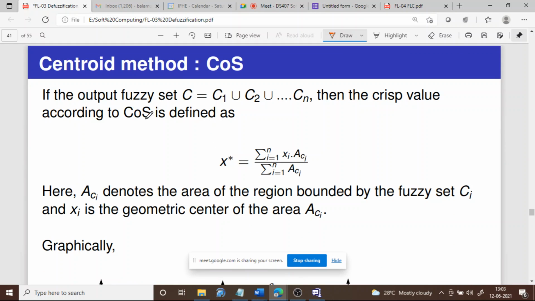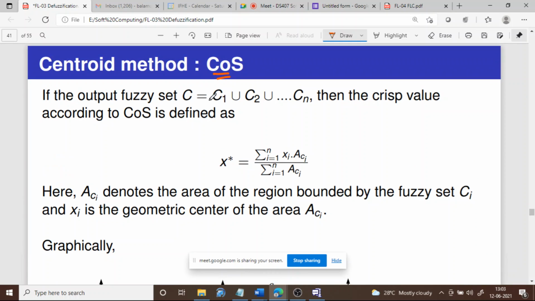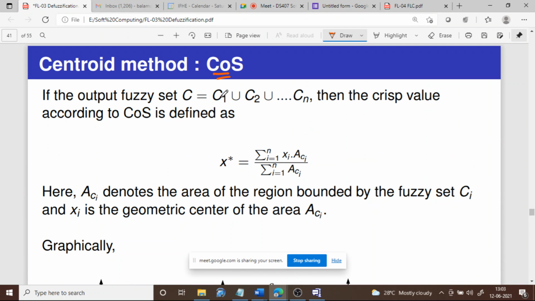Okay, the next method. We have three methods under the centroid method. One is COG, center of gravity. The next is center of sum. So now we'll be discussing the next method, which is called the center of sum. In this case, what we do is,